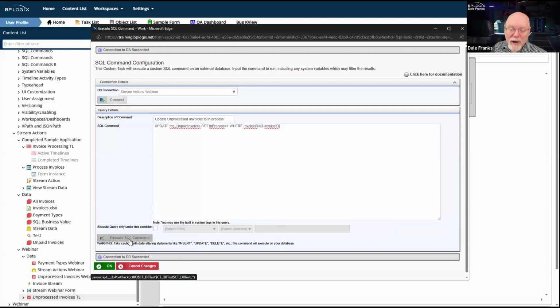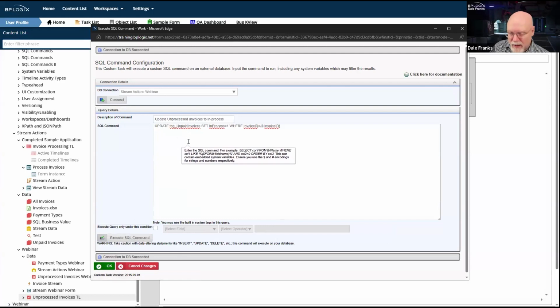We do have the ability to execute a SQL command here, as always, with an update or insert or delete command. That's always a pretty iffy thing, although it really won't work here because I have a parameter that's looking for a form field system variable. Also, note the SQL encoding character, the $ sign. That's important as well. But I have a variable here that is not going to have any value in the context of this custom task.